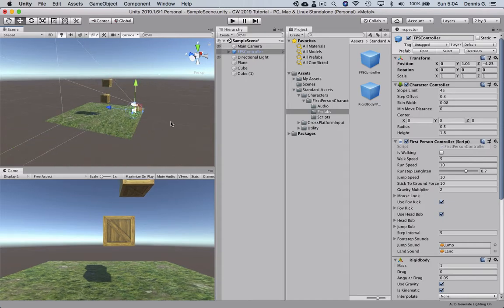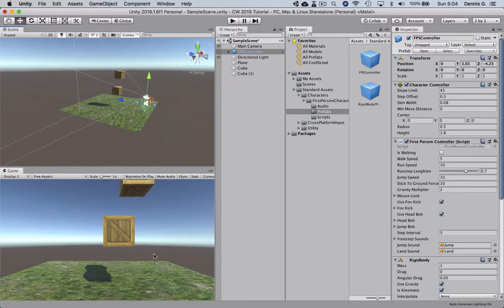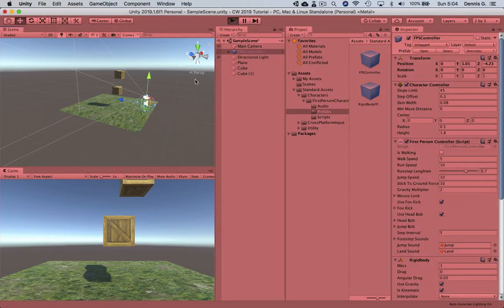Now depending on what angle you're looking from, you might need to place your character at another area. So don't necessarily place your character on the screen exactly here. Place it where you can see the cubes pretty well. When we push play,